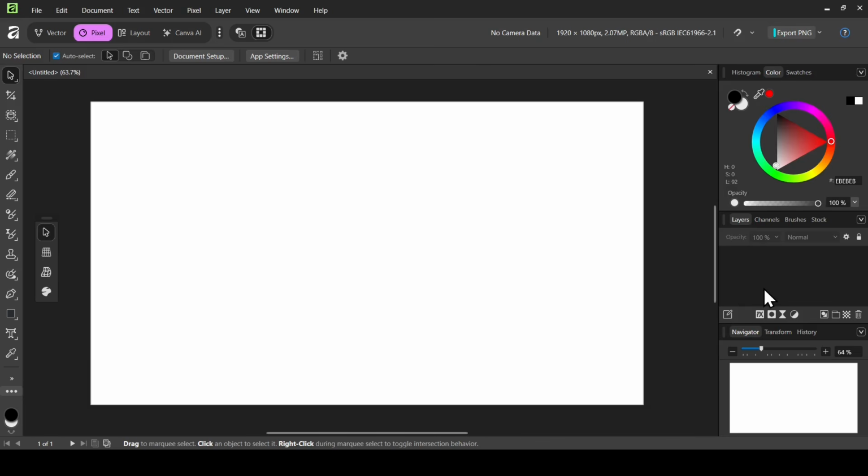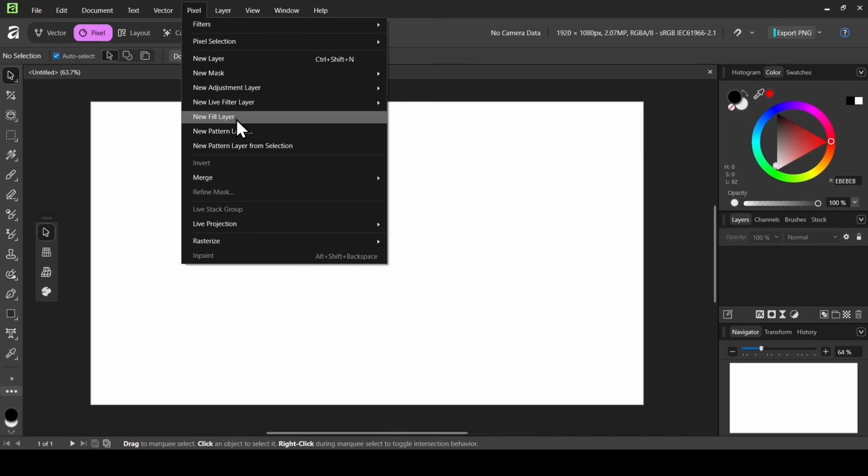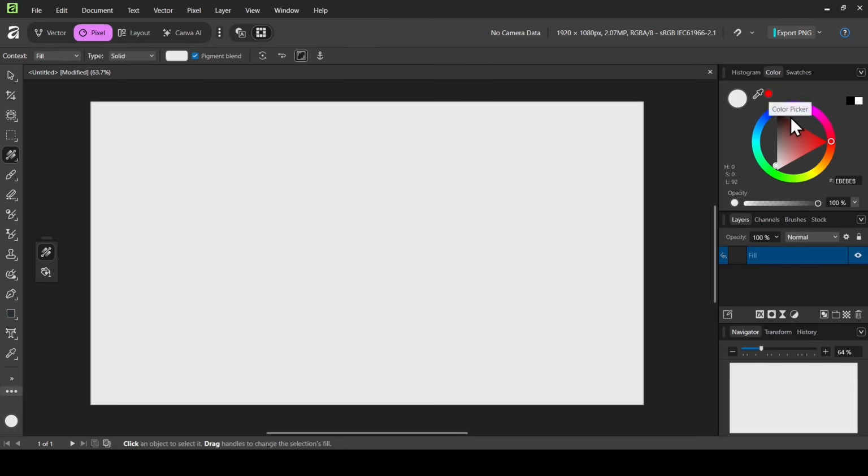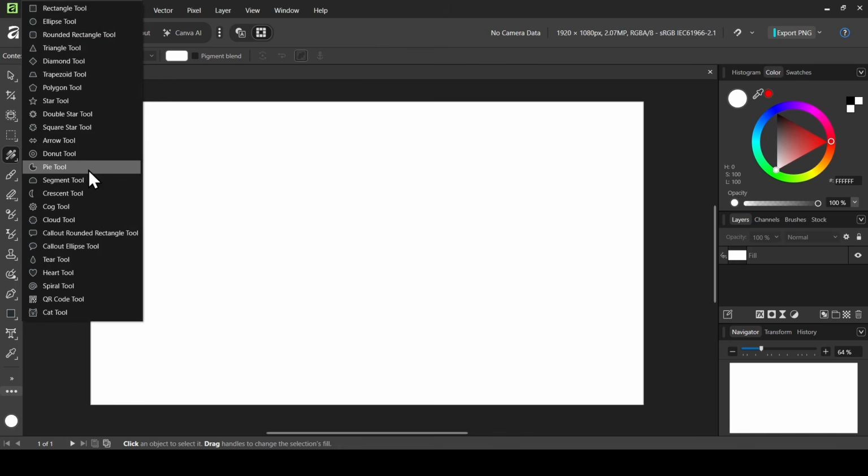So now the first thing we need to do is to create a new fill layer. So go to Pixel and then select new fill layer, left click. So I'm going to change the color to white. And now in order to create a sunburst background, go to the shape tool, left click, and then select the